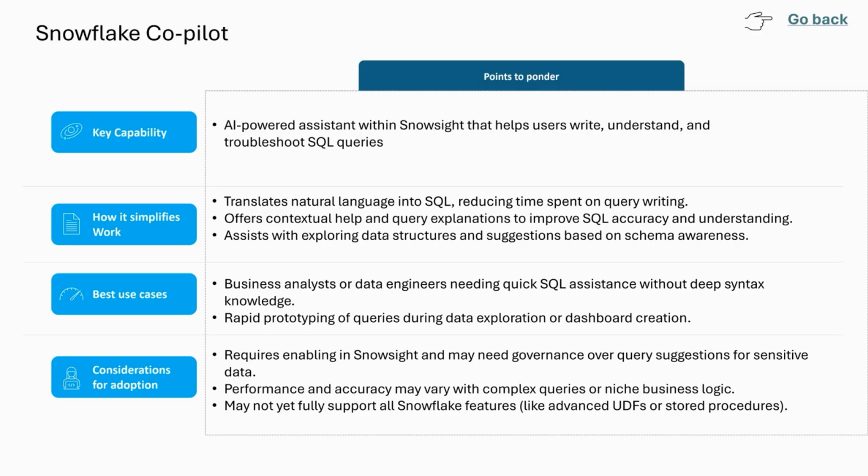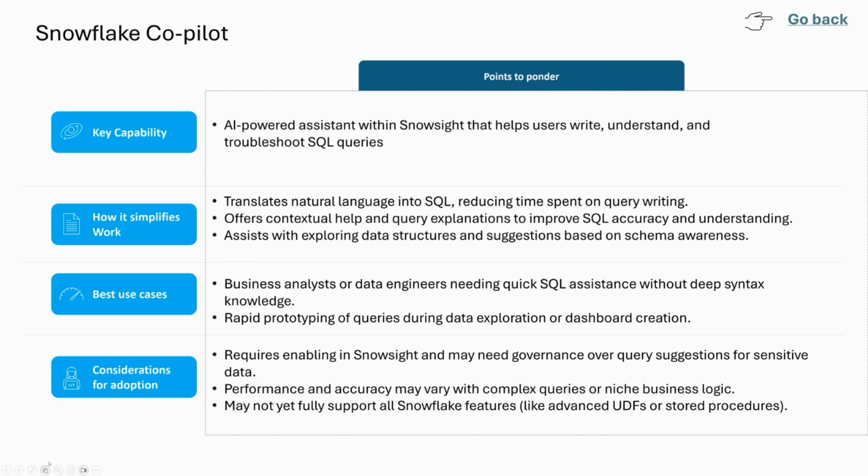Say, for example, a data engineer or business analyst is not well versed with the data set or the syntax. They can write simple text, like give me the top 10 products from last month's sales, as a prompt, and Snowflake Copilot can write the SQL for the user.